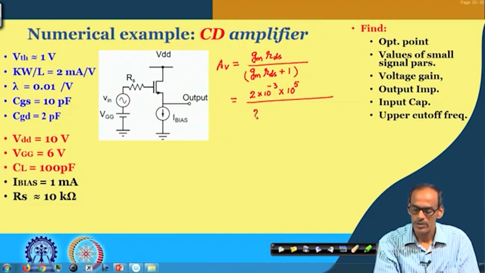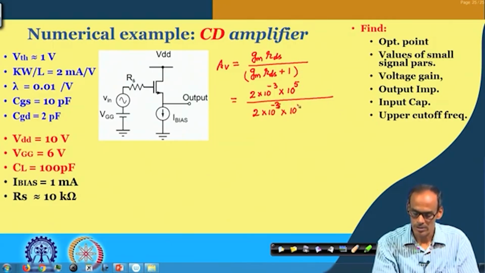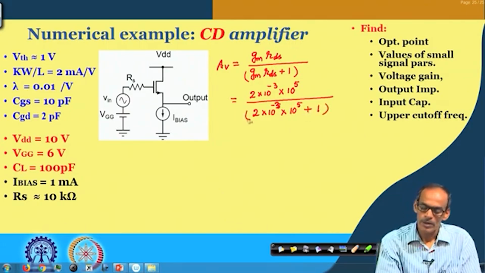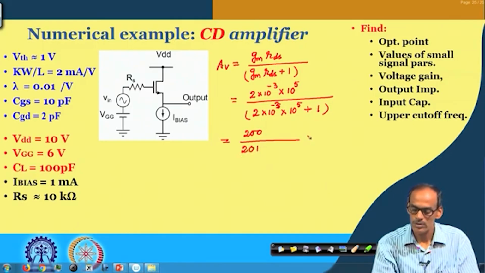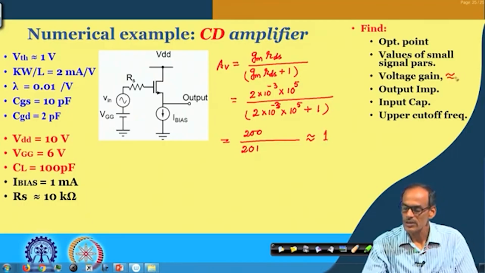So likewise here also 2 into 10 to the power minus 3 into 10 to the power 5, plus 1. Here in the numerator we have 200, and in the denominator we have 201. So we can approximate this by 1. So the voltage gain is 1,